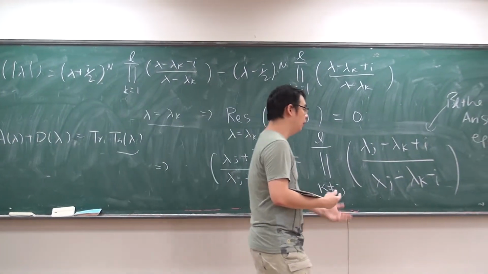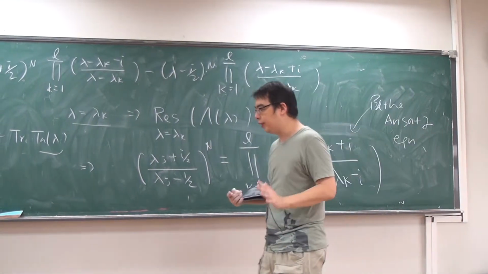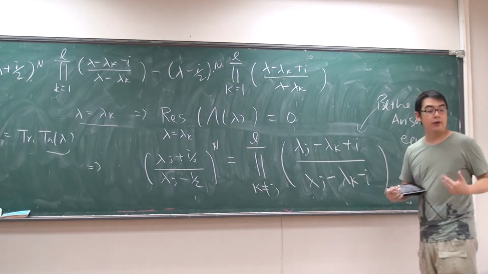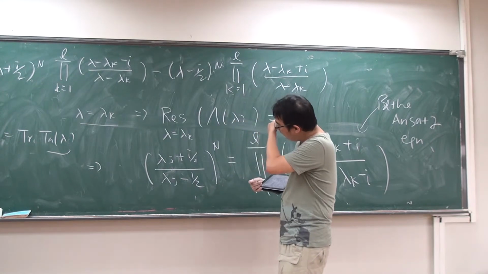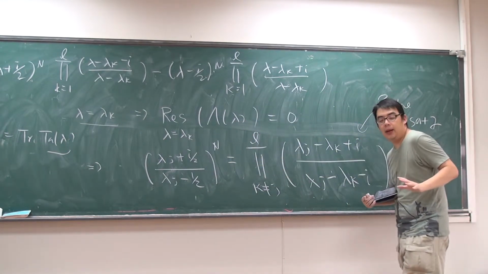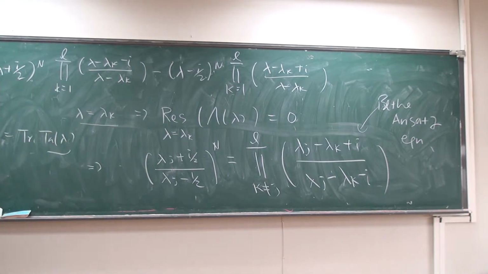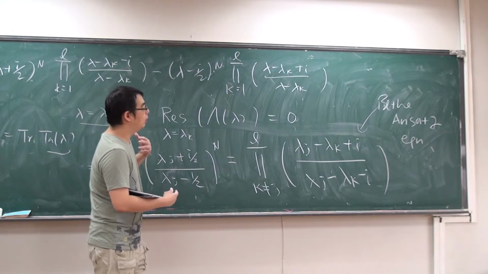Unfortunately I don't have time to talk about it, but you can go off and read, for example, the case when N becomes very, very large, then there's something called the thermodynamic Bethe Ansatz equation, where all these spectral parameters, or sometimes called the Bethe roots,